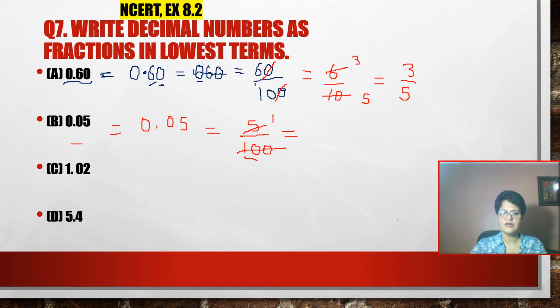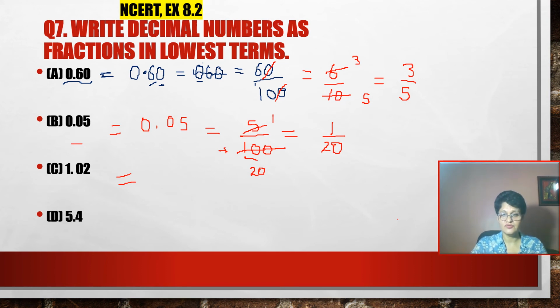And step 2, now I will start reducing it mentally. When we reduce mentally, we start from the left. You see, I'm starting from the left here. I start from the left and I say the table of 5. So I get 5 2s are 10. So my first digit will be 2. And after that there is a 0. So my second digit will be 0. So like this, my answer will be 1 upon 20. Okay. These are co-primes.